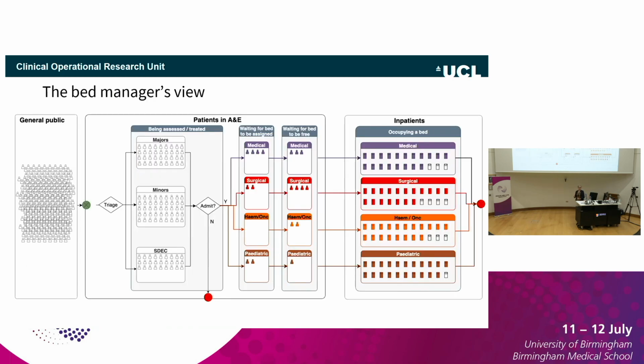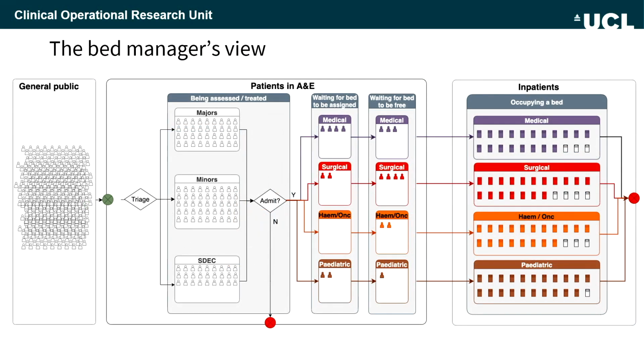This is the sort of view that you get as a bed manager. You've got the general public presenting themselves at A&E in the front door. I've simplified it here into 3 pathways. If you're acutely injured or unwell, you're likely to go to a majors pathway. If you have a minor injury or something that's a GP-level issue, then you'll go to a minors pathway. And then SDEC is for same-day emergency care, which is a relatively recent introduction into UK A&Es,